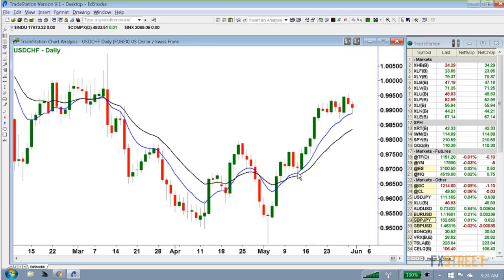Well, it's a little bit of love on the 10 here, and here it comes. Today it just almost touches the 10. Maybe it'll touch the 10 a little bit later. Dollar yen